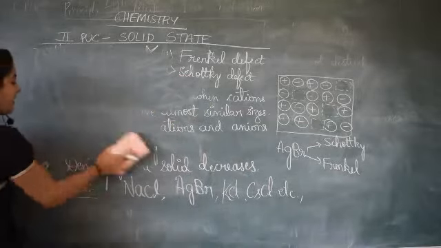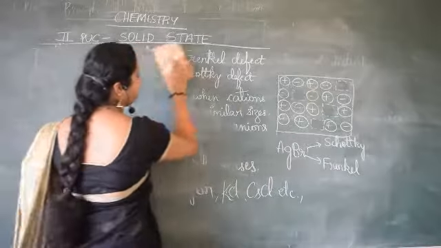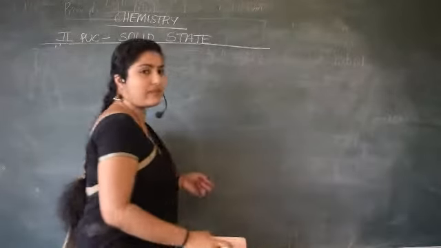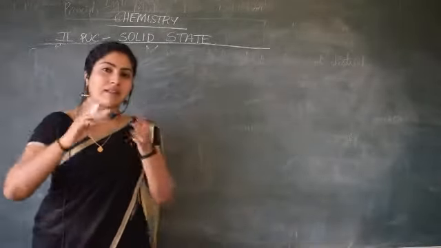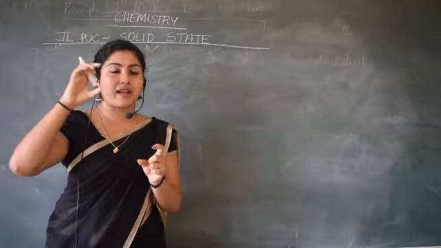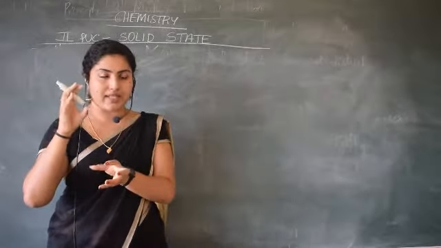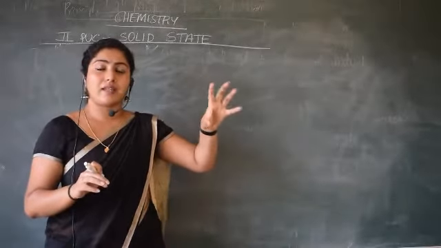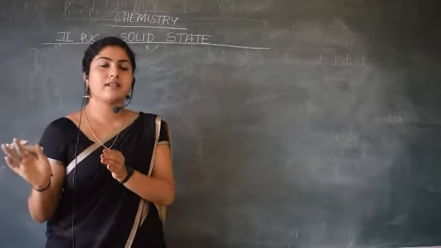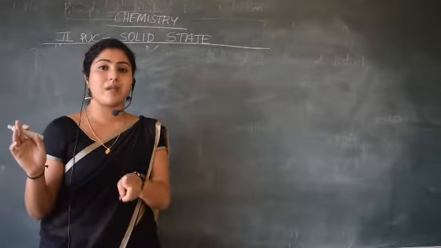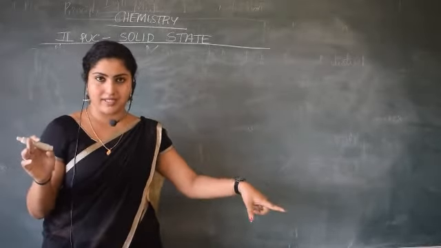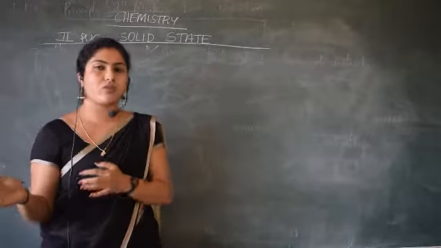So far what you have studied is stoichiometric defect, and in that, Frenkel defect and Schottky defect. If they ask you to differentiate between Frenkel defect and Schottky defect, how do you differentiate? Frenkel defect takes place due to dislocation of the smaller cation from its normal site to an interstitial site. In Schottky defect, you write that equal number of cations and anions are missing from the solid. Under Frenkel defect, you write that density remains the same or does not change, whereas in Schottky defect, density of the solid decreases. And example for Frenkel defect, you know, example for Schottky